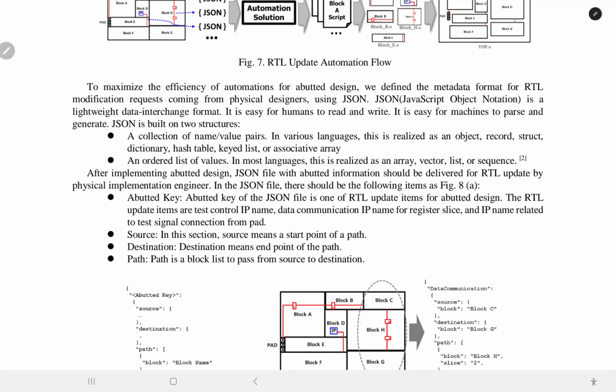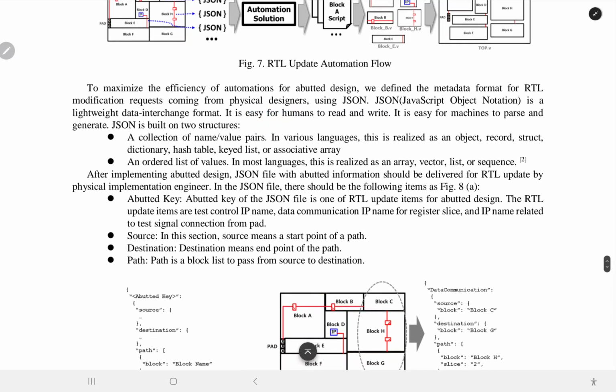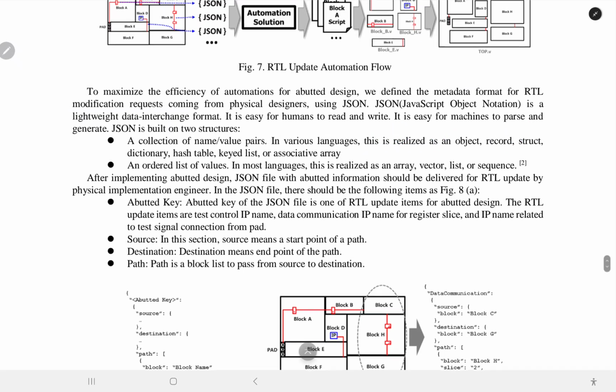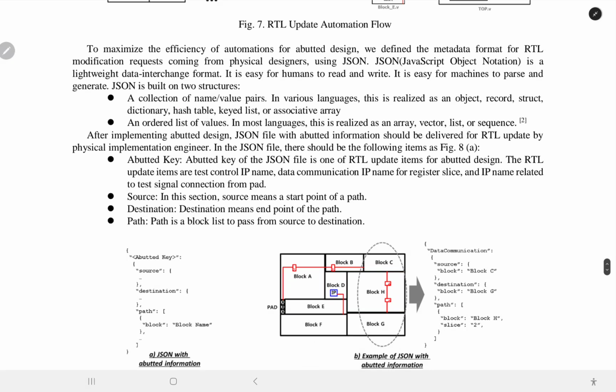JSON, JavaScript Object Notation, is a lightweight data interchange format. It is easy for humans to read and write. It is easy for machines to parse and generate. JSON is built on 2 structures. A collection of name and value pairs. In various languages, this is realized as an object, record, structure, dictionary, hash table, keyed list, or associative array. An ordered list of values. In most languages, this is realized as an array,